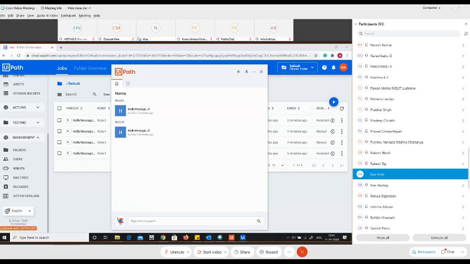Okay, I heard someone asking a question, but I'm not able to hear you clearly. So you can put your question in the chat box, and I'll be happy to answer it. As I said, the imagination is up to you. You can automate anything that you want. As long as a human can do it, the bot should be able to do it, because it's all the logic that you need to build.